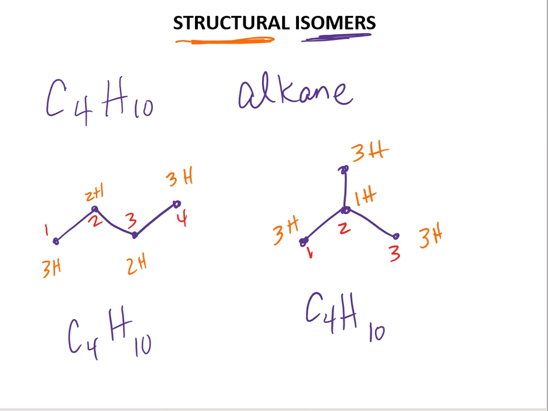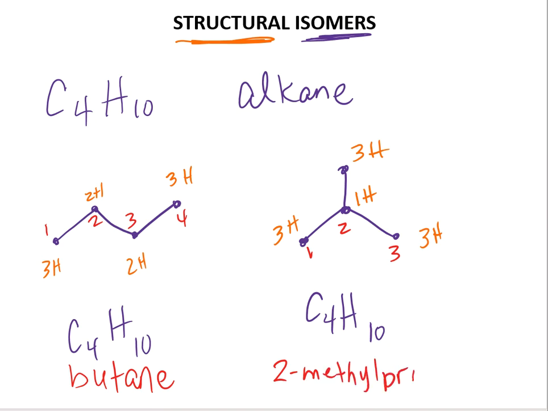This is what a structural isomer represents. These molecules have the same formula, but the atoms are connected differently. As a result, they're going to have different names. The structure to the left is butane. You'll also hear it referred to as n-butane just because it's a straight chain, but I'll simply name it butane. The structure to the right is